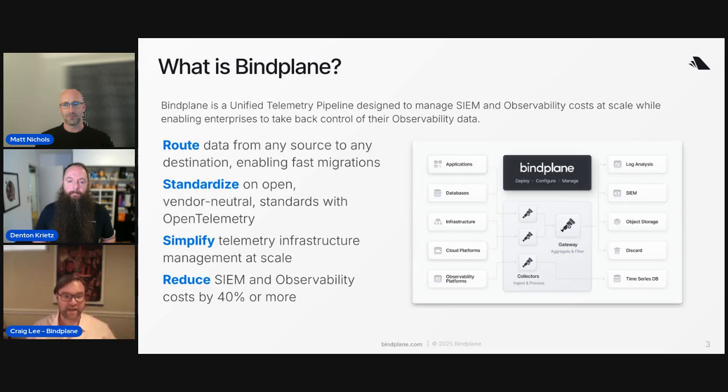That allows you to standardize on this open, vendor-neutral OpenTelemetry platform. Our head of sales has a great saying that this is the last agent you will ever need, because the OpenTelemetry collector can collect a variety of telemetry types, metrics, logs, and traces, do all kinds of routing, filtering, parsing, and enriching of data, and send those on to wherever your telemetry needs to go within the destination side, which allows us to simplify the telemetry infrastructure and the management